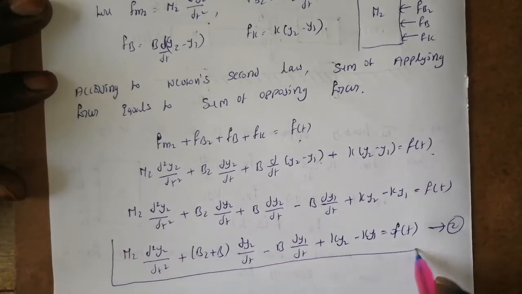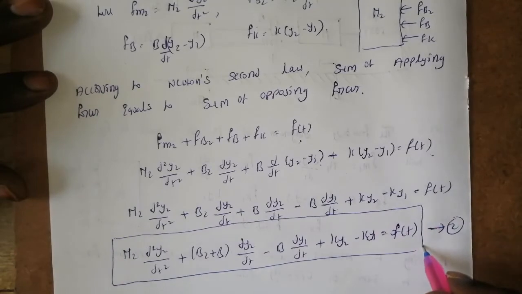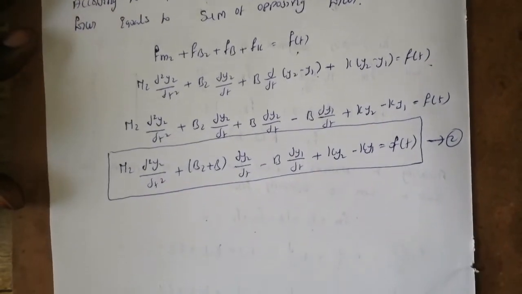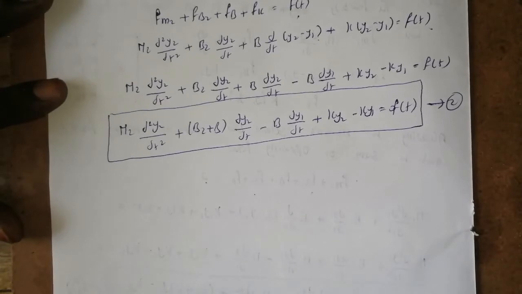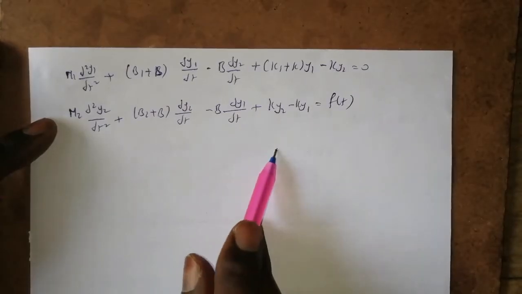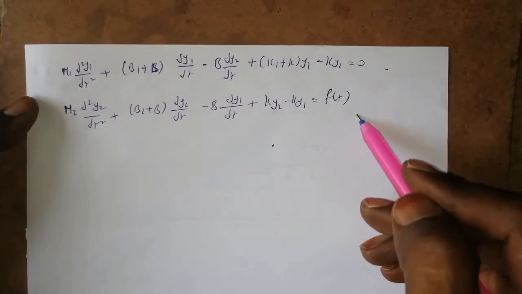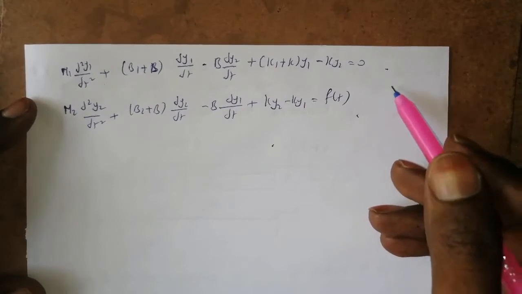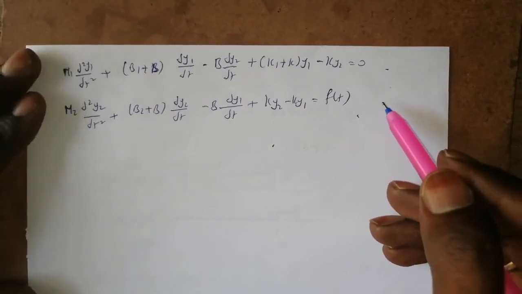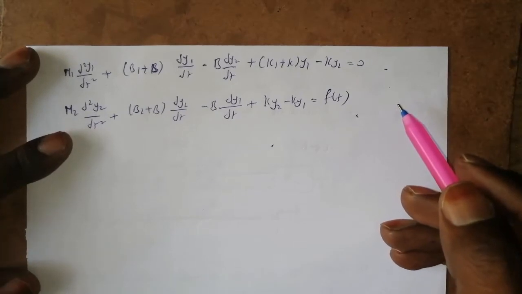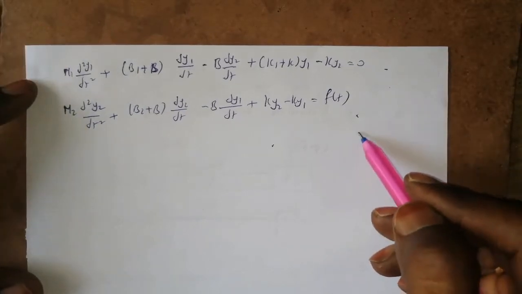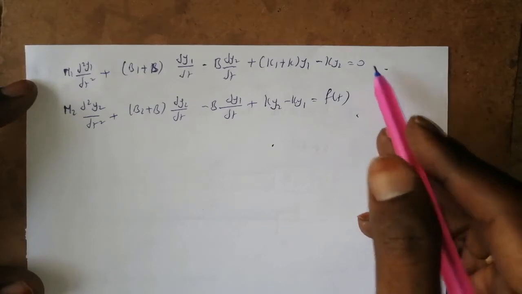Now we have obtained two differential equations for the two mass elements. By using equations 1 and 2, we have to form the state model equations, which are of two types: the state equation and the output equation. Let me write the two differential equations again, obtained from mass element m1 and mass element m2. Before formulating the state model equations, we should know how many inputs, outputs and state variables are included in these two equations.